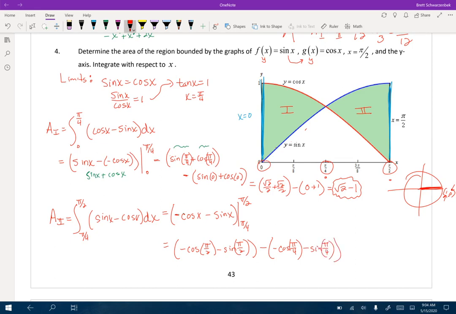Okay, we already know what these guys are, right? This is root 2 over 2, and this is root 2 over 2. But what about pi over 2? So pi over 2 is up here, and that's 0, 1. So the cosine of 0, 1 is the x-coordinate, which is 0. And the sine is going to be the y-coordinate, which is 1. So if you put all of this together, we're actually going to get negative 1 plus root 2,